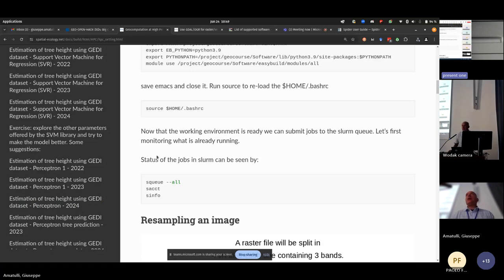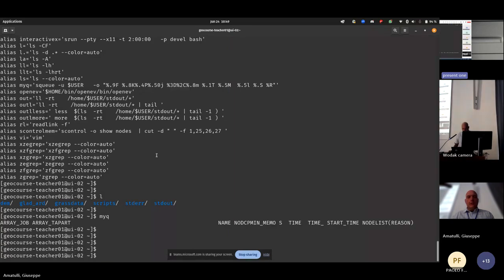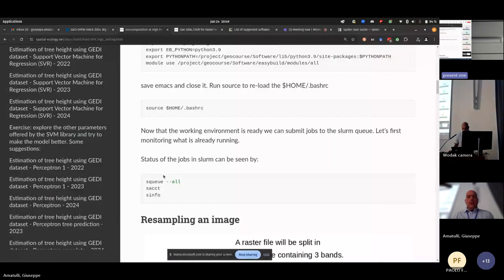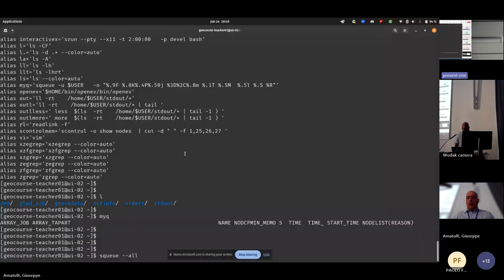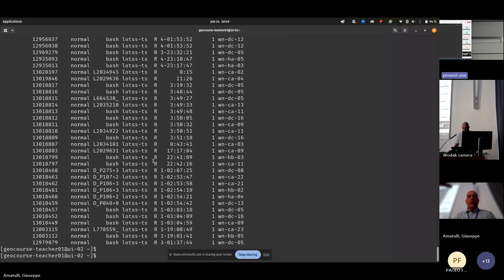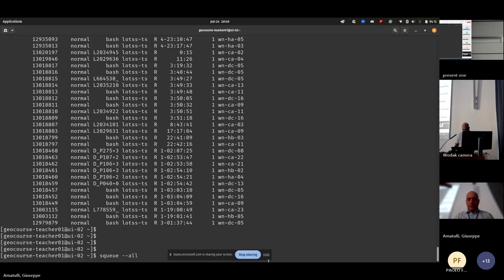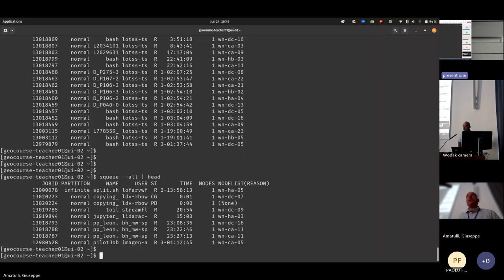So let's move to understanding how the queue is considered in SLURM before submitting any job. By this command, you can see what the jobs that are running are. This is all the queue that is in the HPC. If you go to the beginning of this list, you can see that you have the job ID, which is something extremely important. We are going to use how it works. The partition,